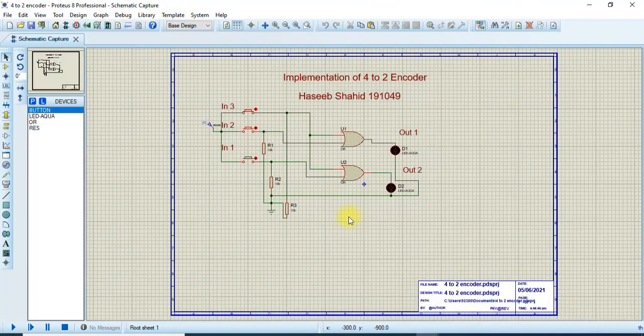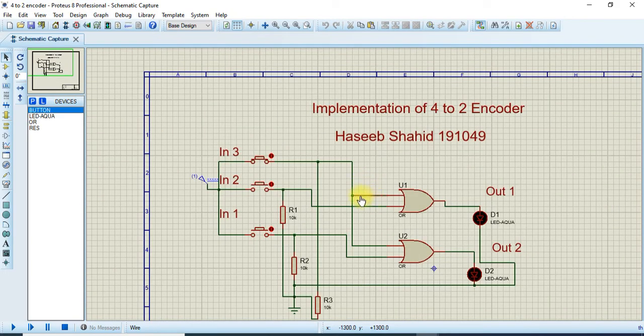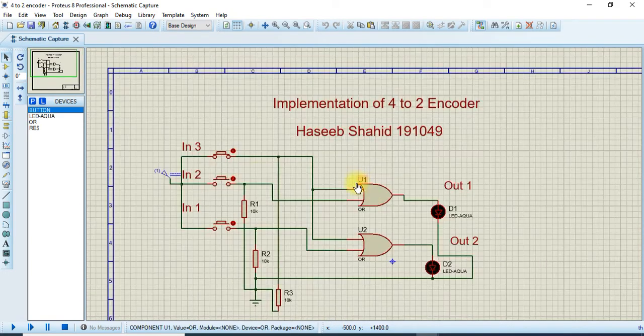So that is the circuit for the encoder as well. As you can see, there is a little bit of confusion about why we use 3 inputs instead of using 4, as we are going to implement the 4 to 2 encoder. The major reason is that when we make the K map for the 4 to 2 encoder, we can see that the fourth input, which is IN0, doesn't produce any effect at the output.